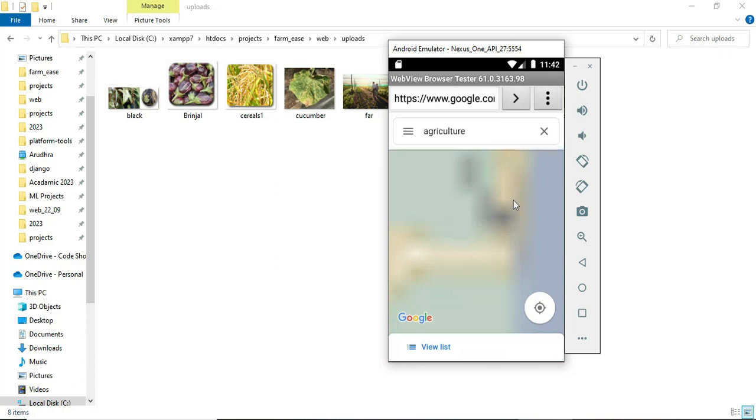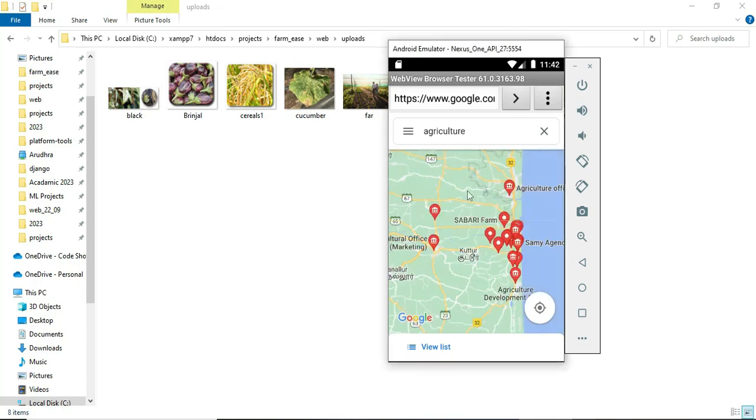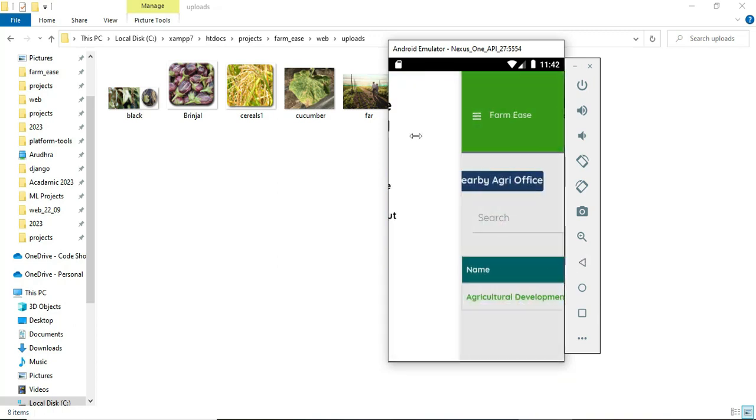If it is a web application or mobile app, it will be faster, but in the emulator it will be slower only. It's still loading. Yeah, so I can see the nearby agricultural development office of government. So you can click and see over here,